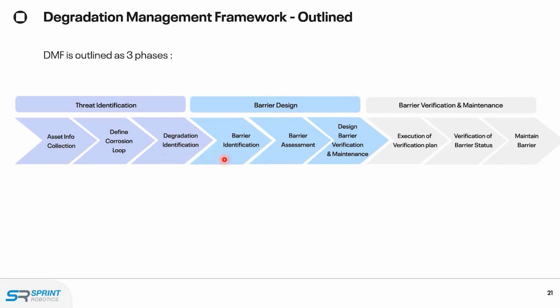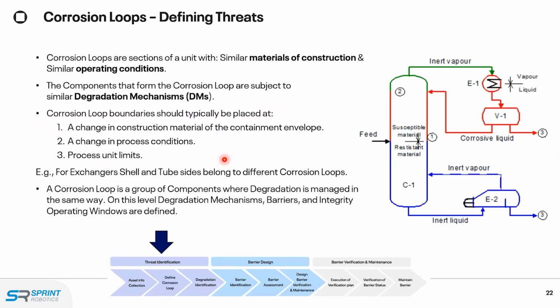On the corrosion loop, for example, I'm not going to go deep in here. A corrosion loop is about grouping components. Components are sections of an equipment, yeah? Those components need to have a similar material of construction, right? Operate in the same conditions, and therefore be subject to the same degradation mechanisms, right? It's a very common approach in any RBI methodology, identifying the loops by material and the potential degradations. That will lead later on, I think, to a corrosion control document.